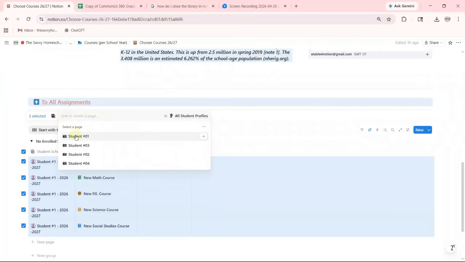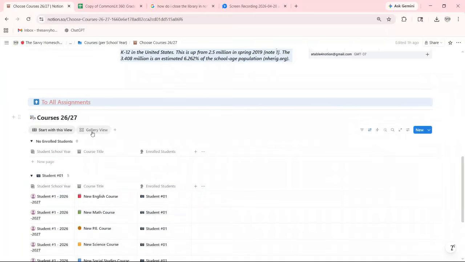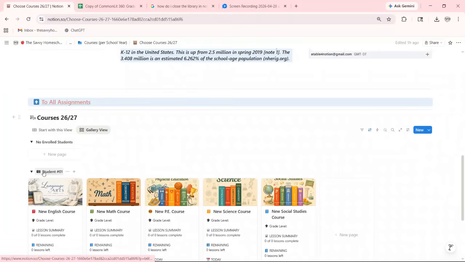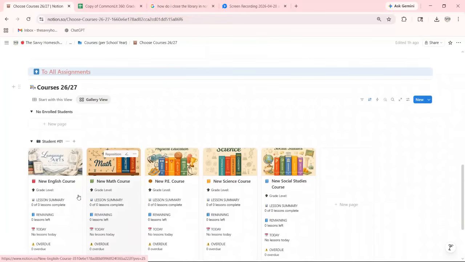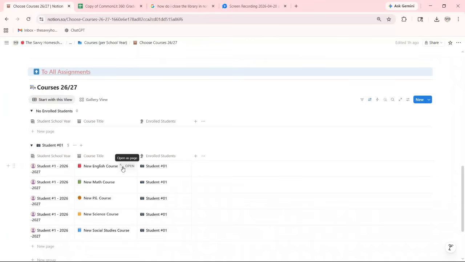Now, usually student 1 will say their name. I didn't give it a name yet because this is a demo. These are the way they look when you add them. You can change any of the covers to customize it if you would like. Okay, let's go ahead and go into